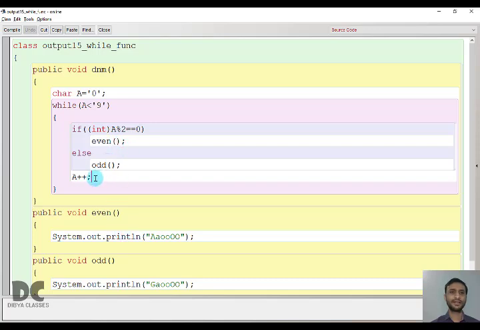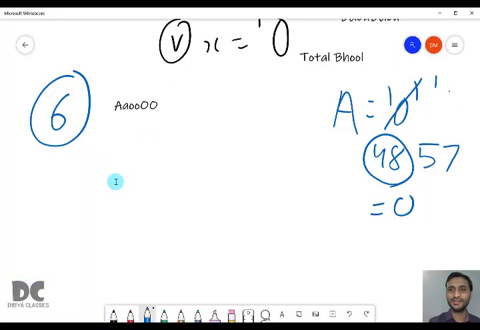Again it will return back, and now we have increased the value of a by 1. So how to increase the value of a character value? Again, the character will get converted to integer value. That is 0 is 48 plus 1. The value is 49. And again it will be converted back to the character value of 49. That is 1, that is single character 1. Okay. So now we have the value of a as 1.